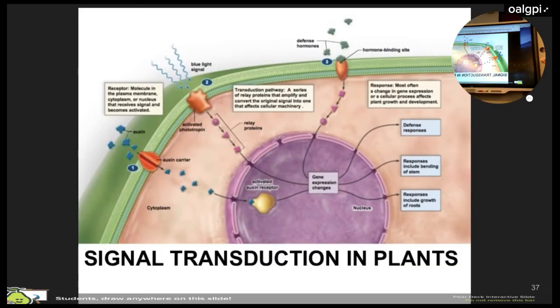But there's nothing new here that you haven't already learned in what we've already reviewed today, right? Look at some scenarios right here. You're looking at a carrier going in, affecting gene expression. You're looking, remember, the phytochromes detecting light. So you have signal transduction again with defense. You have seen that before.